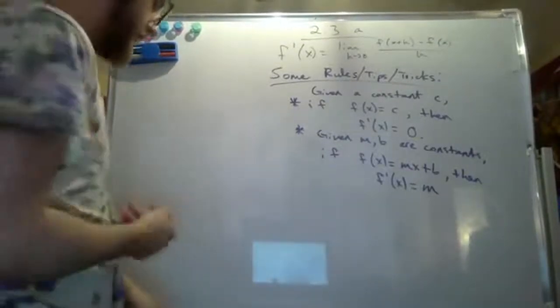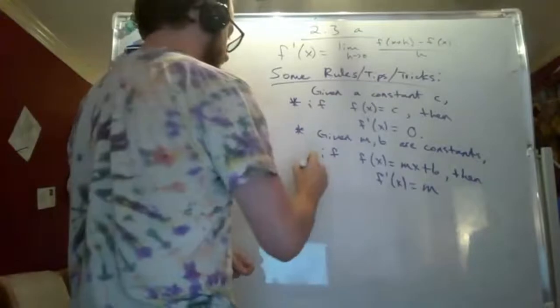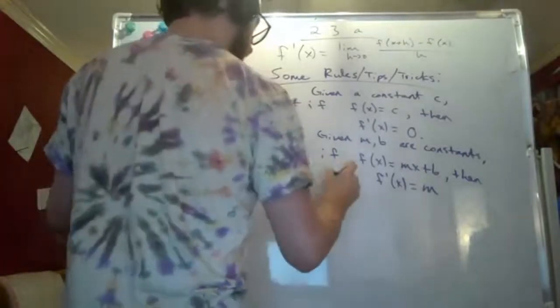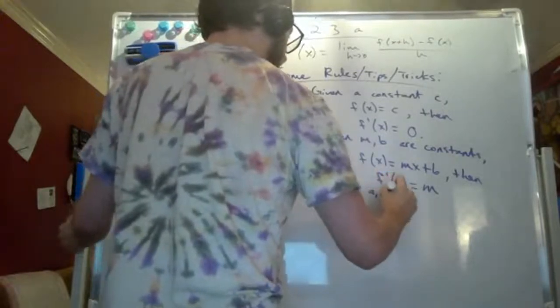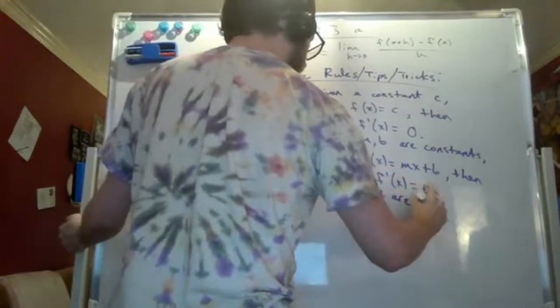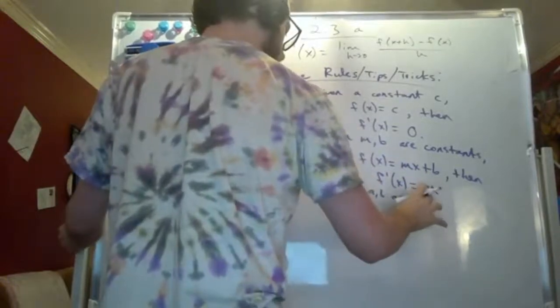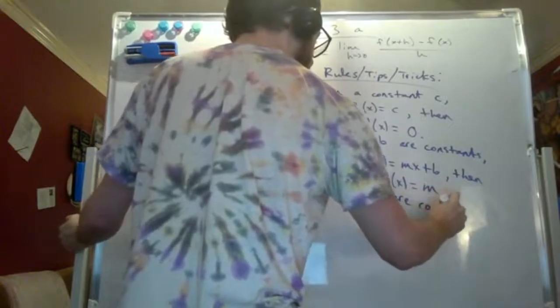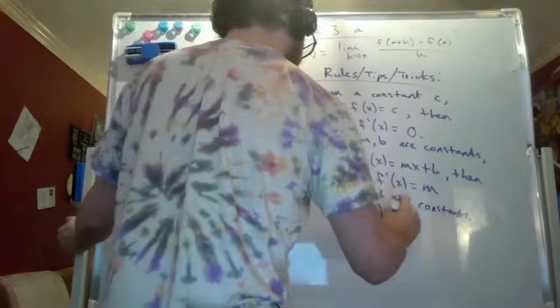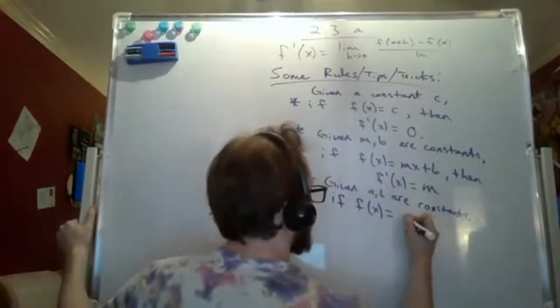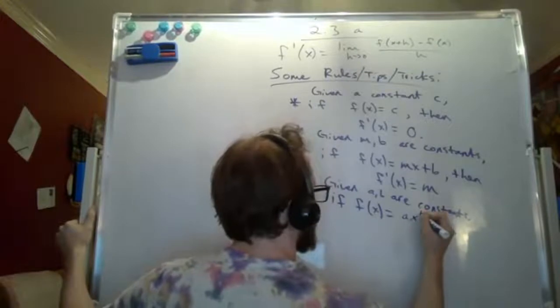So for our third tip and trick we'd like to talk about here. Given a and b are constants, if f of x equals a times x to the b power,